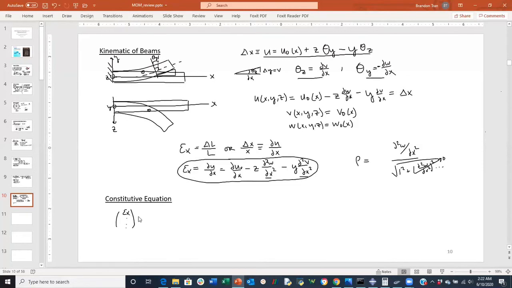It's probably another big assumption that we need to make. Assuming the material of the beam is an isotropic material, is the following. So this is now the compliance matrix. And I'm only concerned about the top row here. Poisson ratio